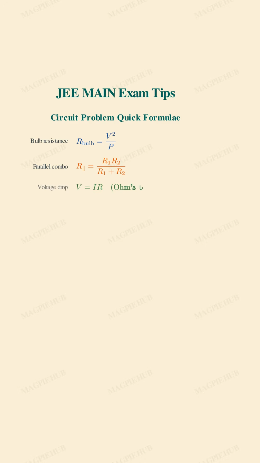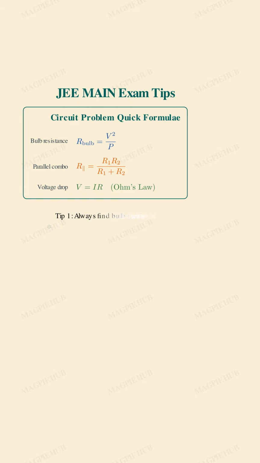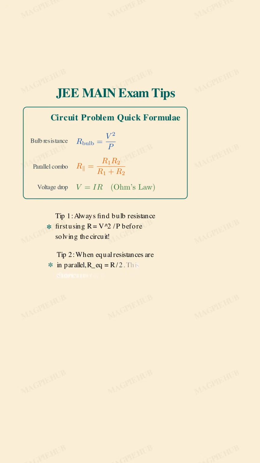Here are some exam tips for circuit problems. First, always calculate the bulb's resistance from its power rating using R equals V squared over P. Second, remember the parallel resistance formula. And most importantly, when two equal resistances are in parallel, the equivalent is simply half of one resistance. This shortcut can